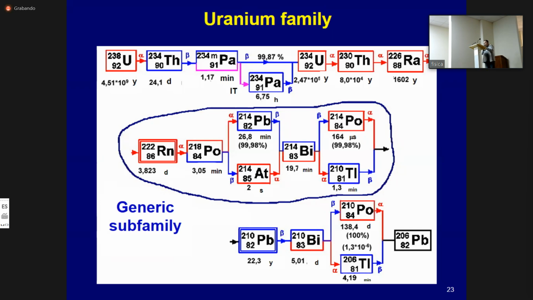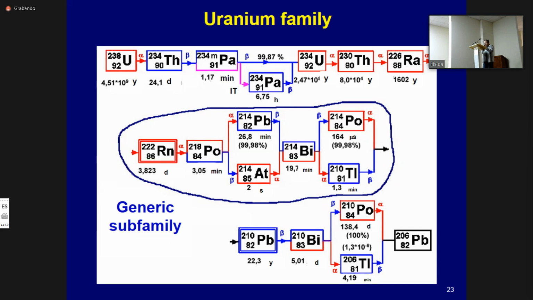The slide shows the components of the uranium family. A nucleus of uranium-238 is unstable but long-lived. It occupies a position in the table of nuclides far from the line of stability. The nucleus of uranium-238 must go through 14 transformations to get to the line of stability in the form of a nucleus of lead-206. Along this way, the parent nucleus loses 32 nucleons in 8 alpha decays. The other decays are beta minus, beta plus, probably.